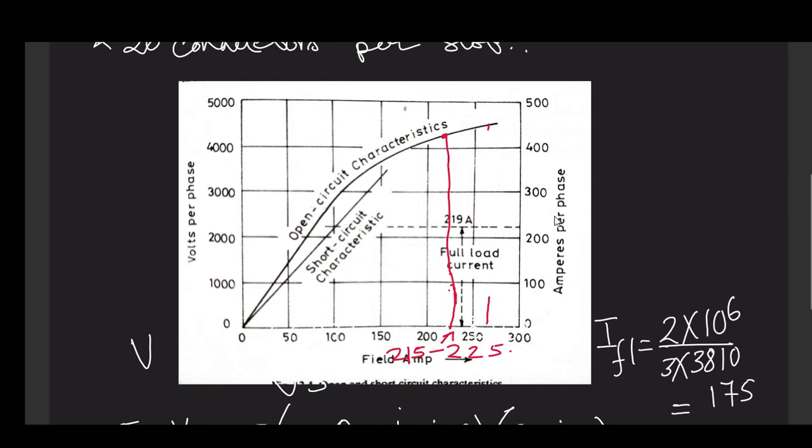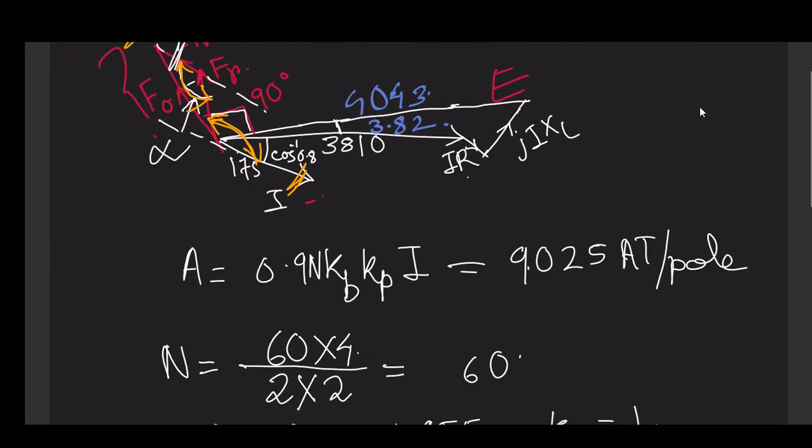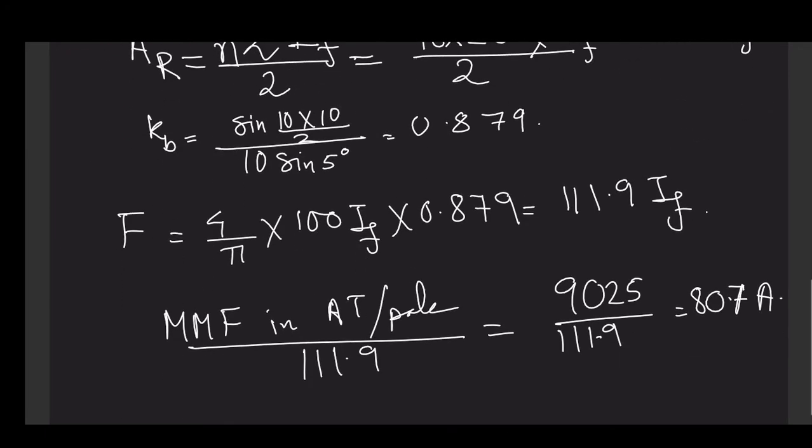The problem with this whiteboard is that I cannot draw straight lines. So this much, how much would this be? Let us take 4,500, make it simple. The mean of these two, so your regulation will be